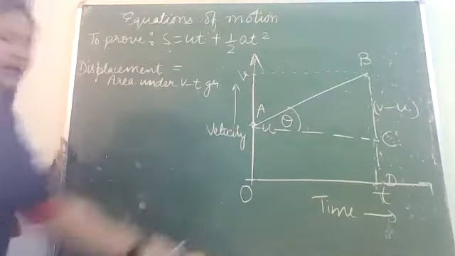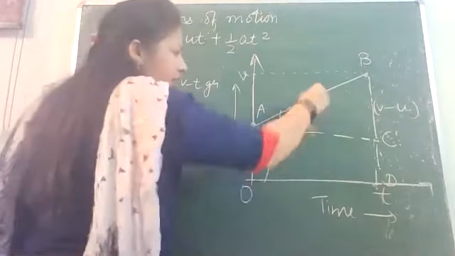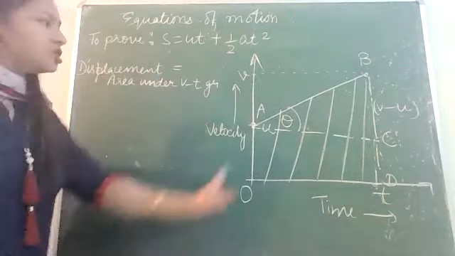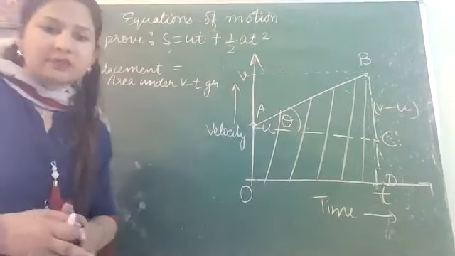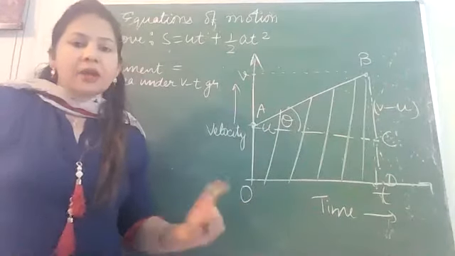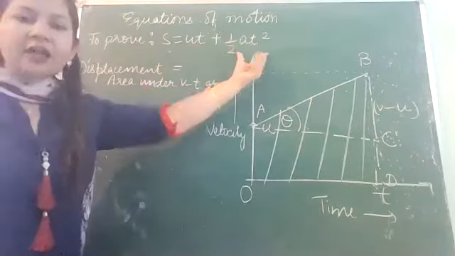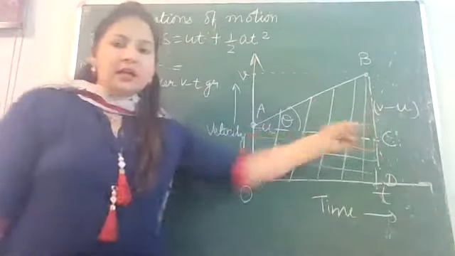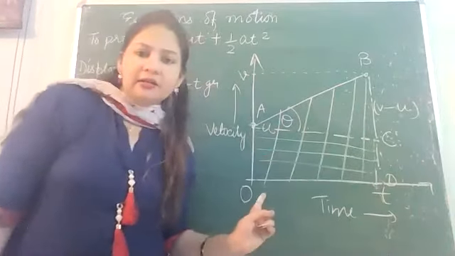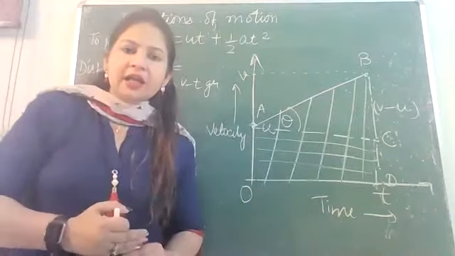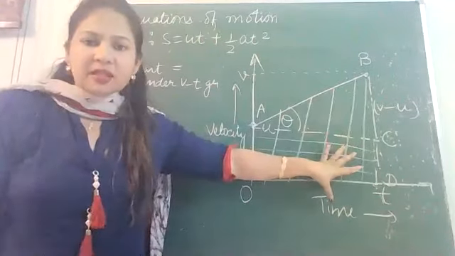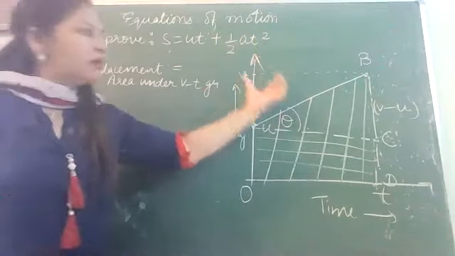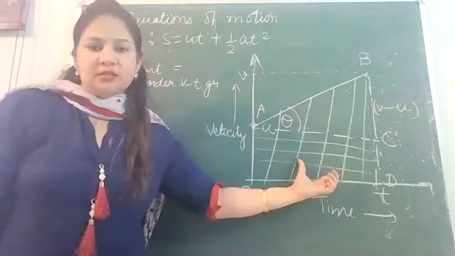So what type of area can this graph have? Area under the graph is the area under this line, this shaded portion. But you will say that this is a trapezium, it's okay. But you see, we want two terms. So can we divide this area also into two parts? One is the area of this triangle plus the area of this rectangle. So there is no problem. Instead of writing the whole area, we can divide the area into two parts like this, because we want two parts, two terms in our expression, so that would be possible when we take the area also in two parts. So that is the reason.